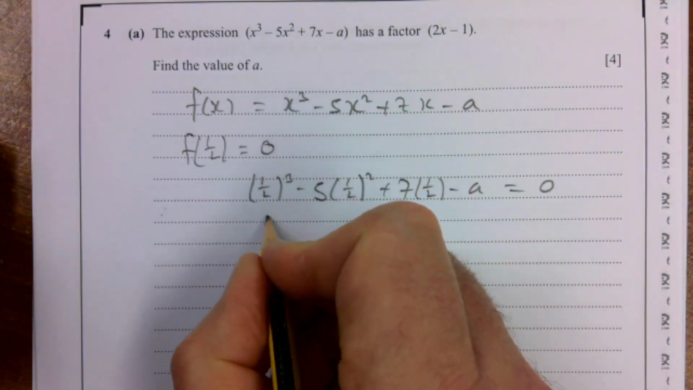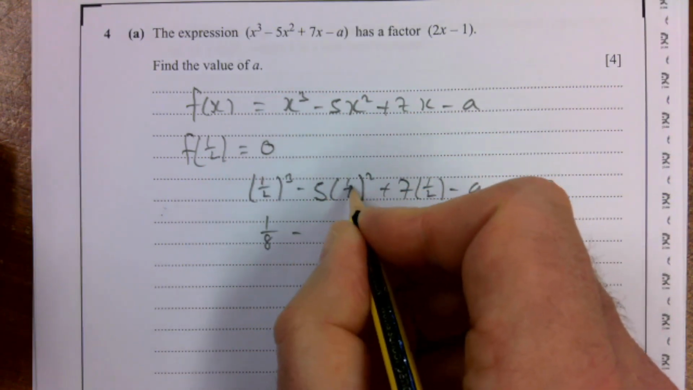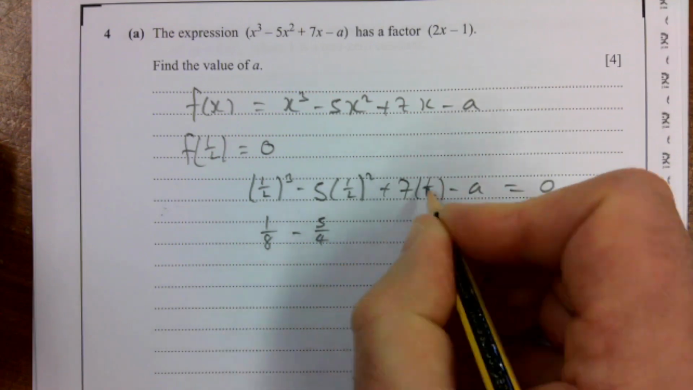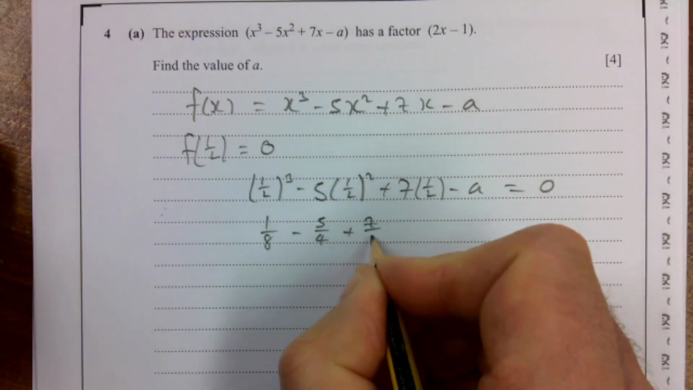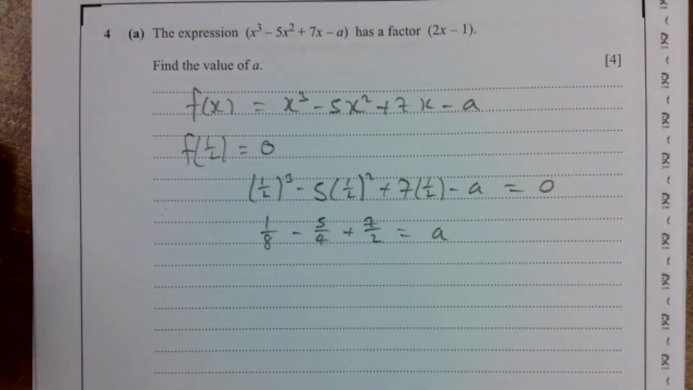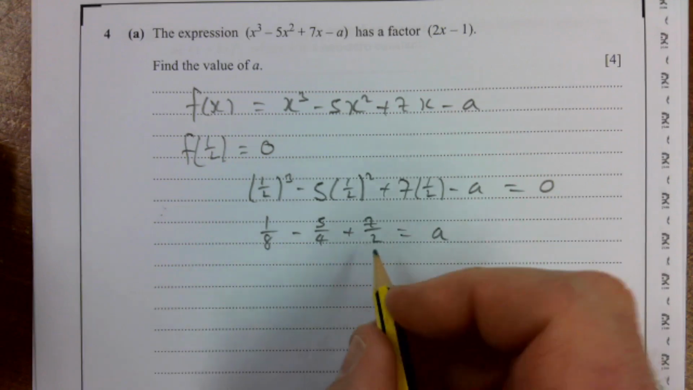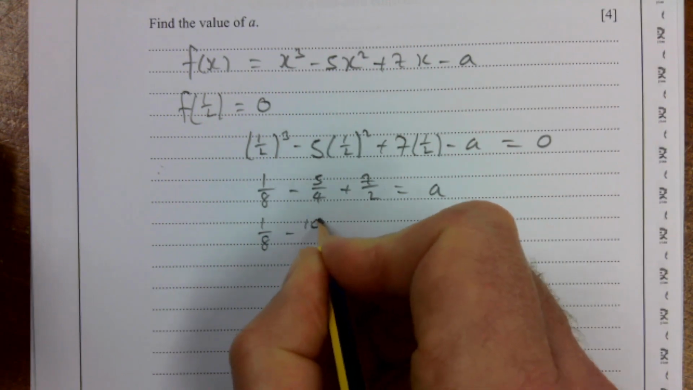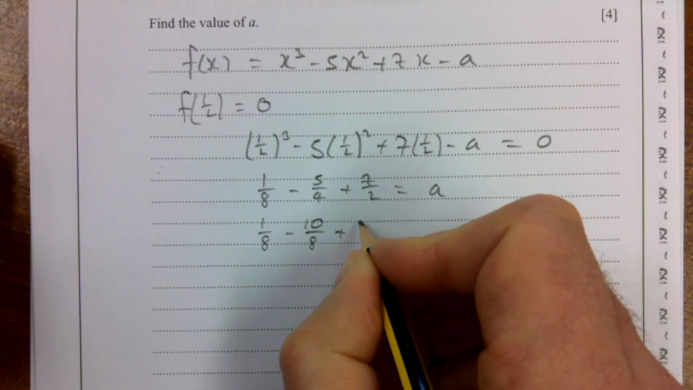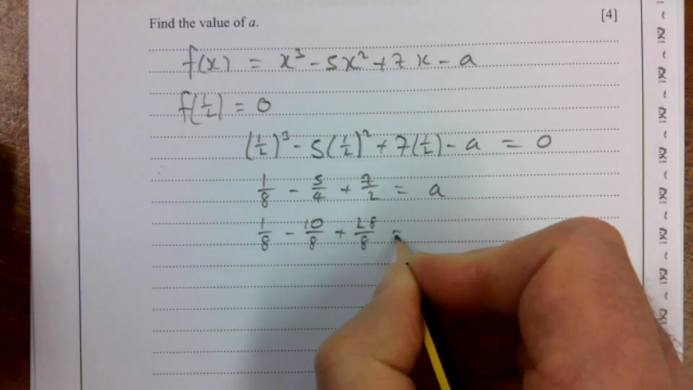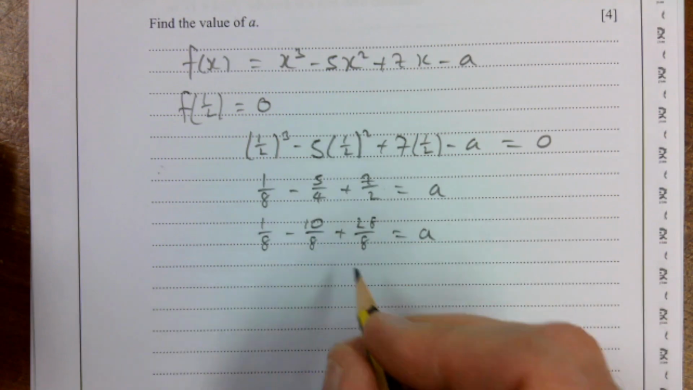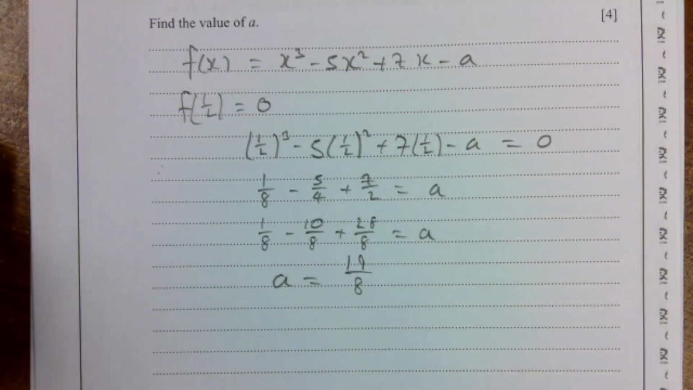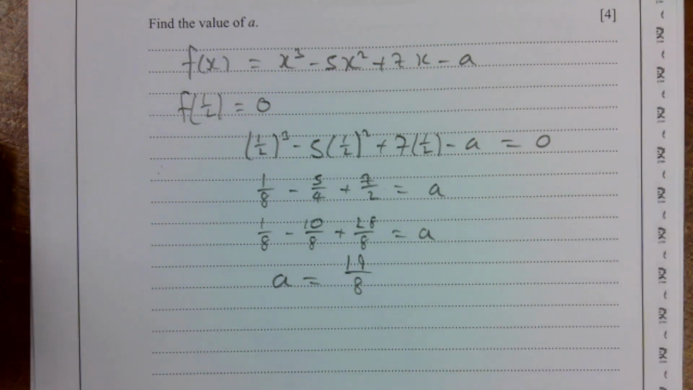A half cubed is an eighth. Take away a half squared, that's a quarter, so minus 5 over 4. 7 times a half is 7 over 2 equals a. I'm sure everyone here will reach for their calculators. I'm just going to do a common denominator. An eighth minus 10 over 8 plus, times by 4, 28 over 8 equals a. So 1 plus 28, take away 29. So a then is going to be